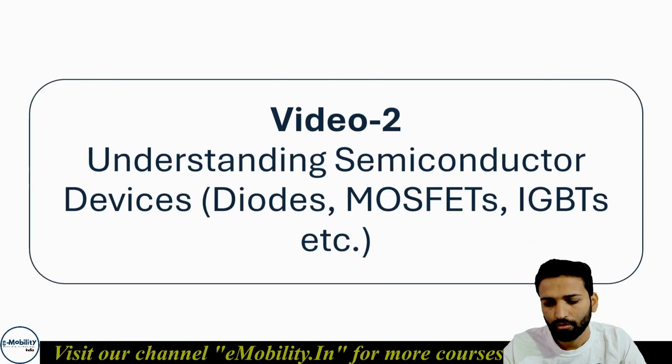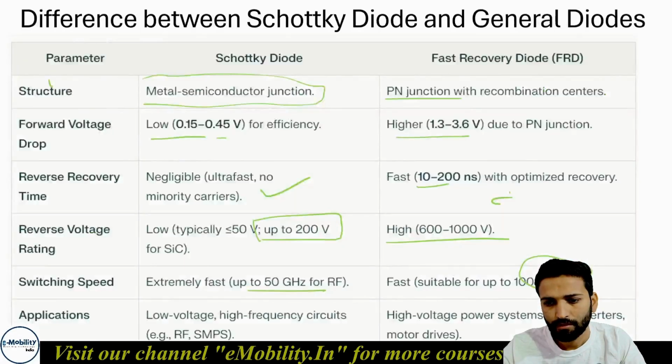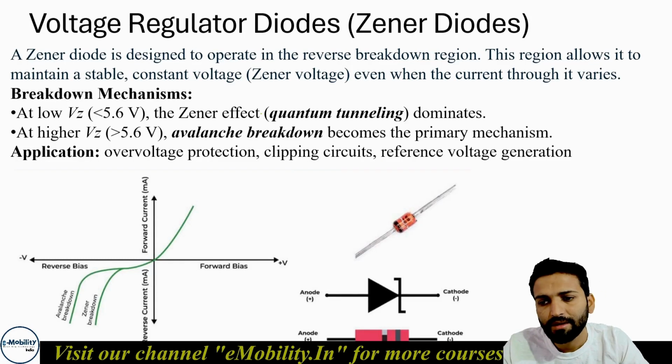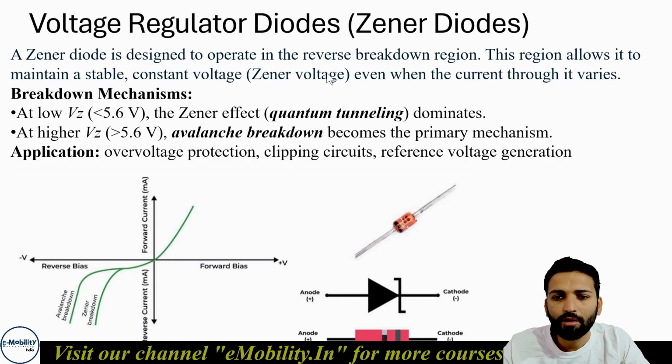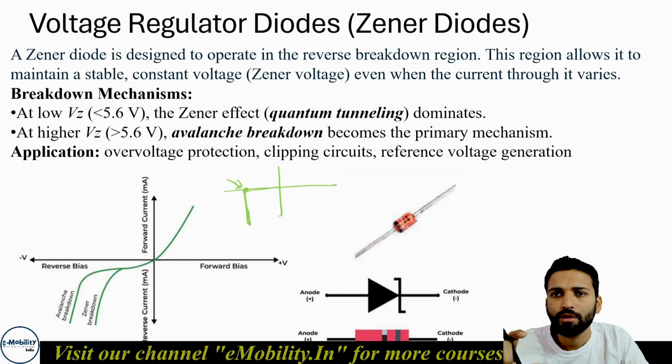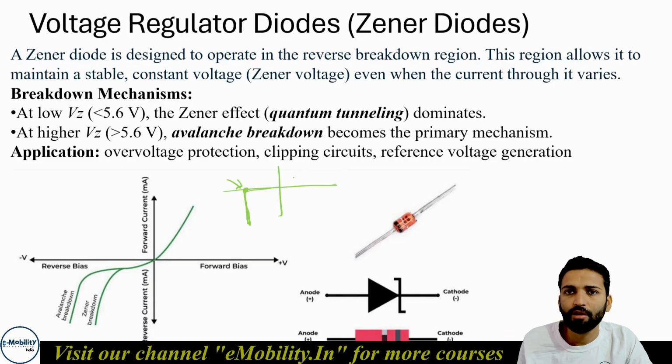So let's go to, this is a Zener diode, and it works on the breakdown voltage. So why are Zener diodes used? Zener diodes are used for providing a constant voltage. Whenever a negative voltage is given to the diode, there is a breakdown. But there is a good thing about breakdown: it blocks the voltage across the diode to a fixed level. So if you have a Zener diode with a breakdown voltage of 10 volt and you put it around a circuit,